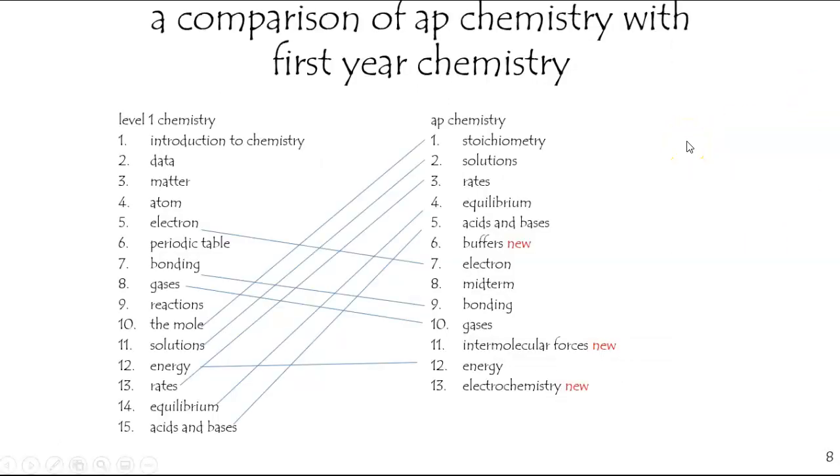Most students, at least in my course, come in having taken a year of chemistry already, but this may not provide a complete foundation. There are typically several units that have either been covered weakly or not at all. These can include the buffers unit, intermolecular forces unit, and electrochemistry units, and for some students you may find that you need to cover rates and equilibrium from scratch. So these are some of the tougher units since you have to cover them with no prior knowledge.